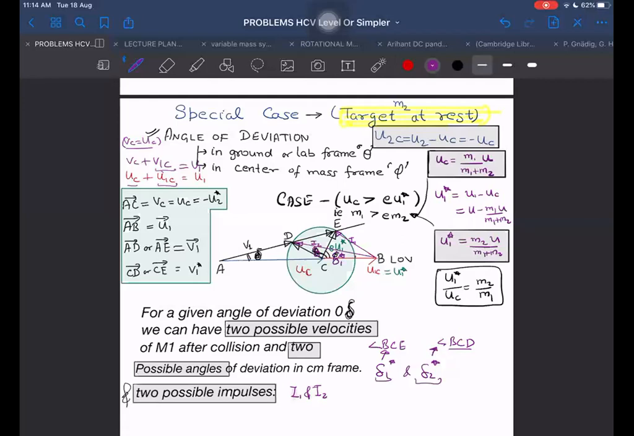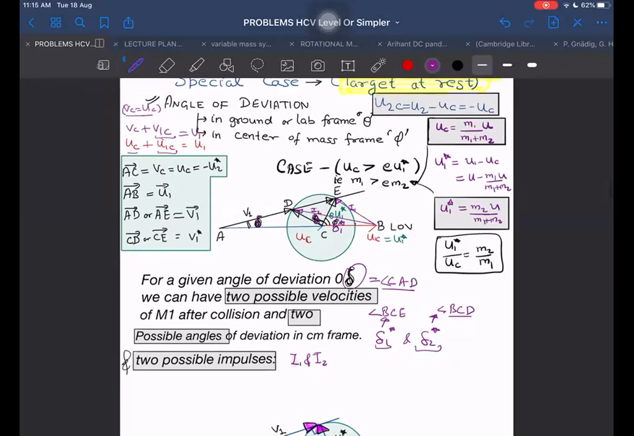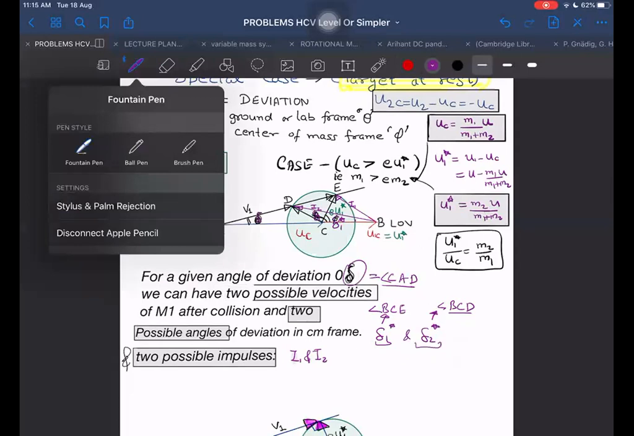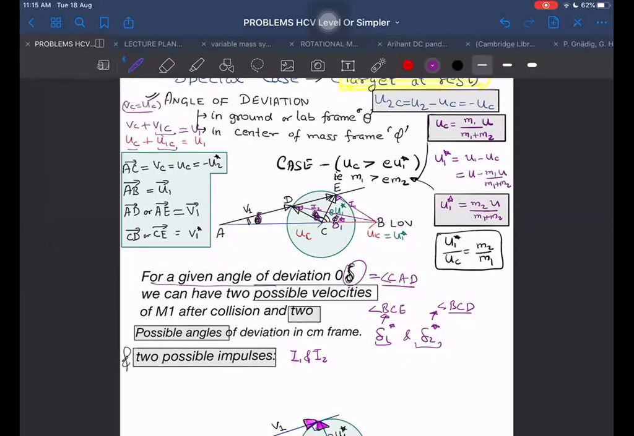So therefore, I'm writing them with a star. Delta is the deviation in the ground frame, possible delta was just angle CAD, or it is same as CAE also. So there can be two velocities. For a given angle of deviation, there will be two possible